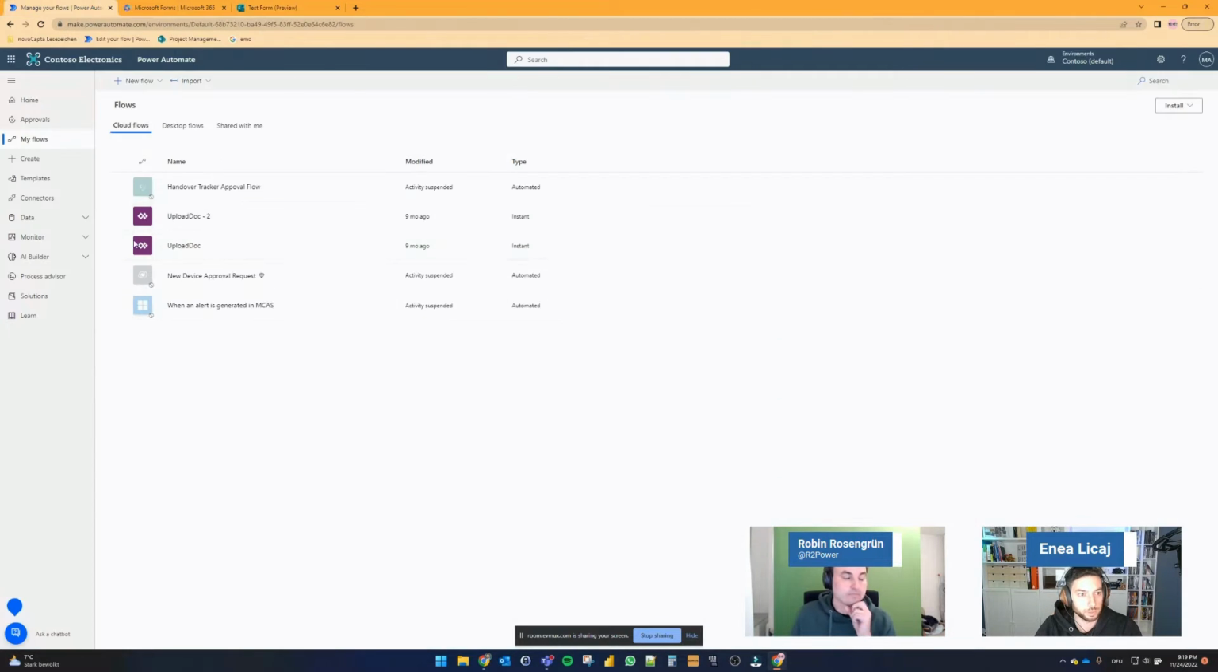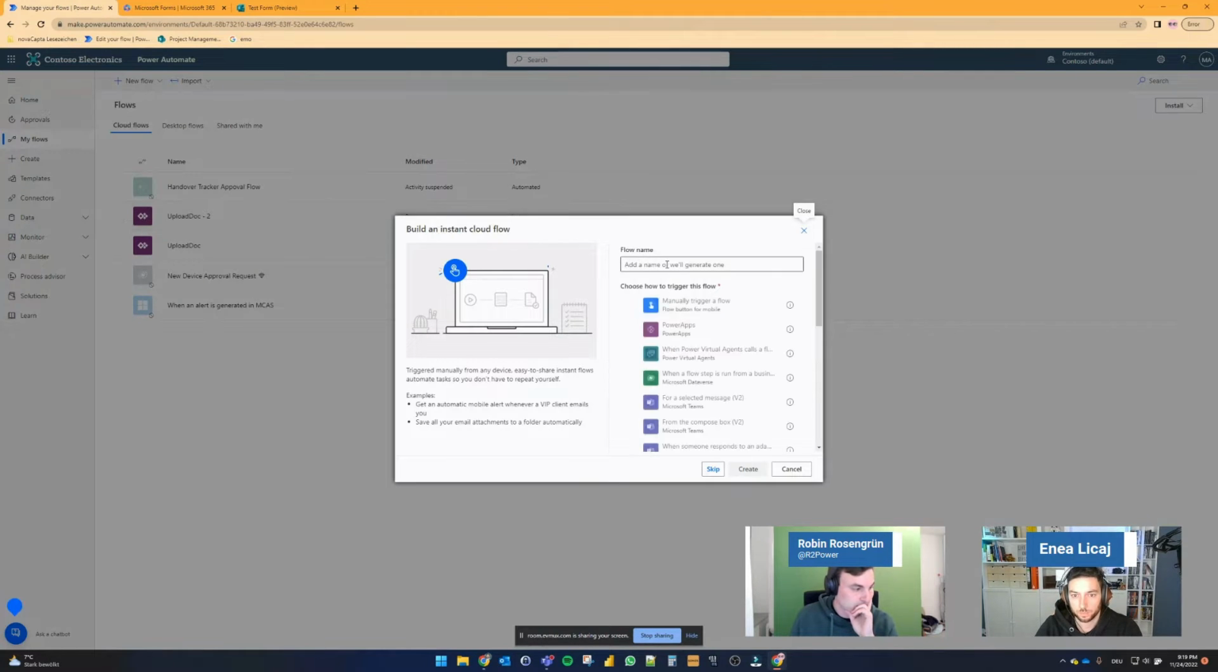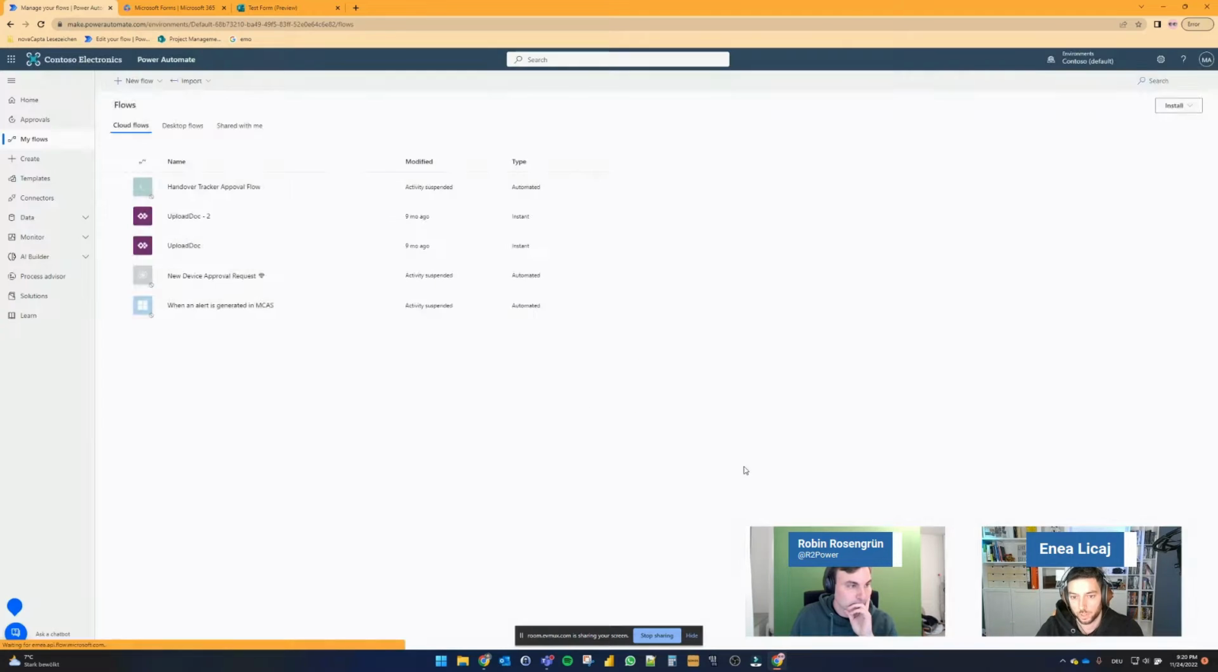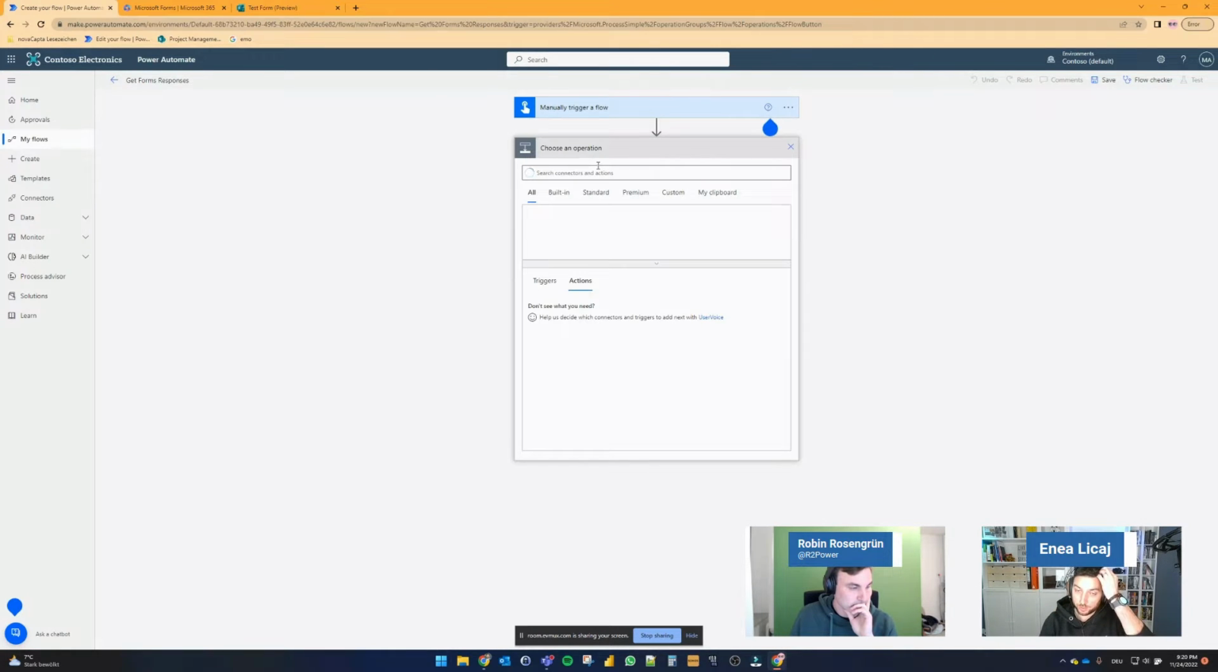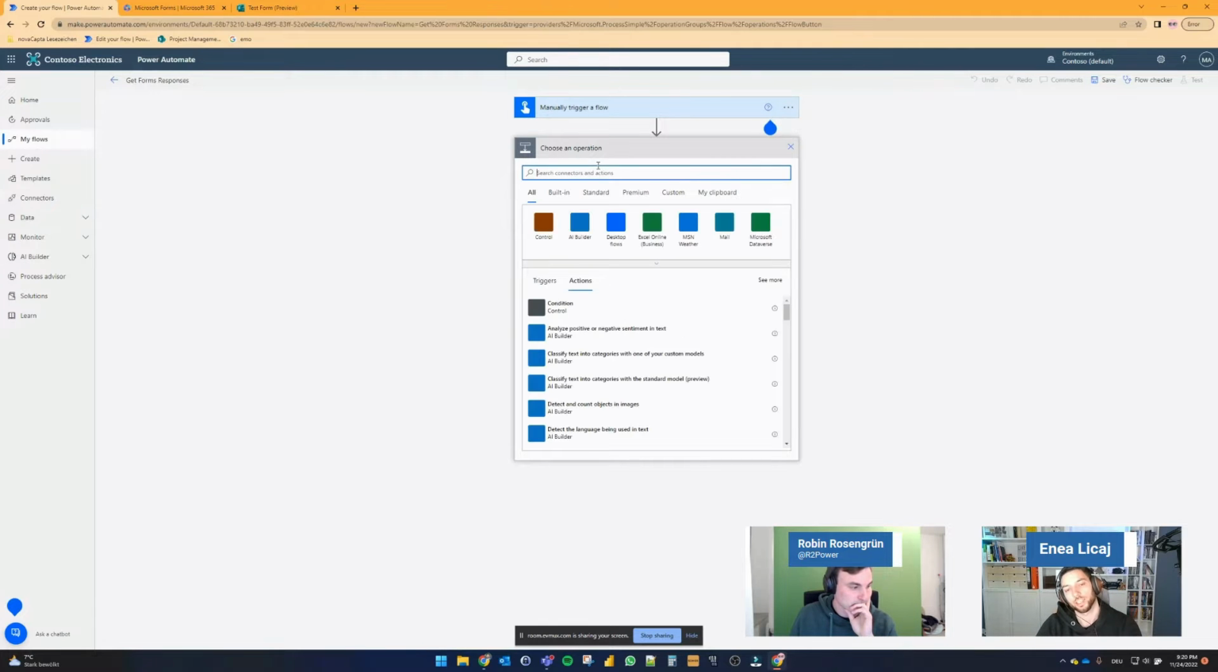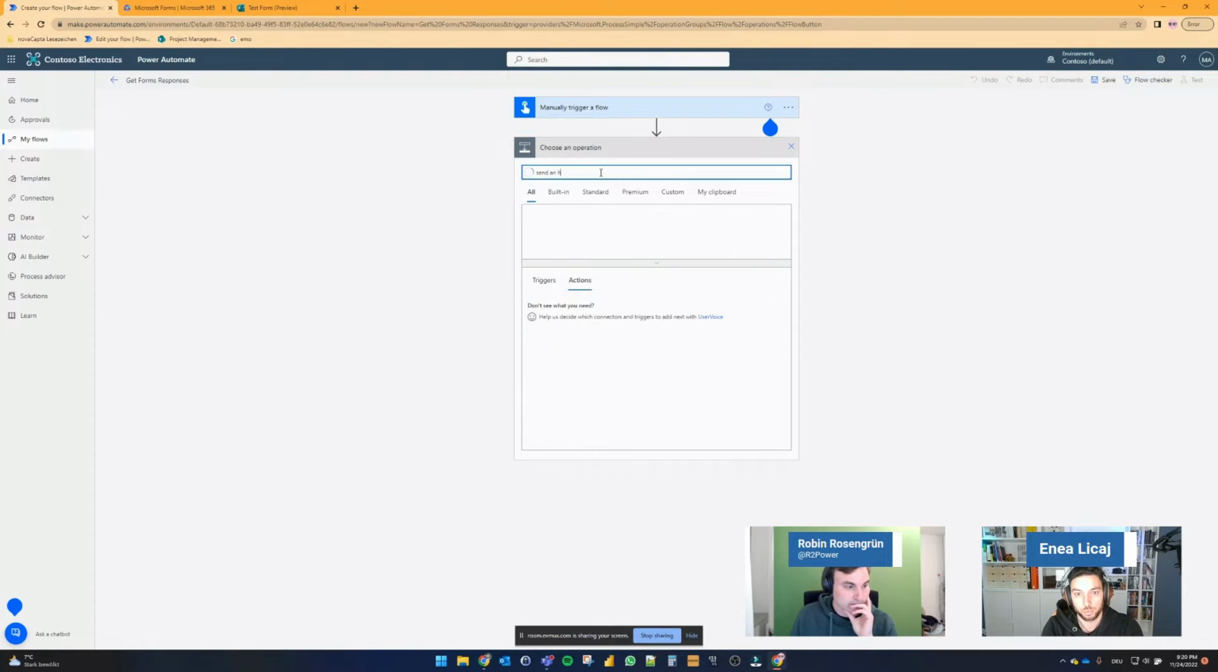Okay, so let's start building the flow. And it will be an instant cloud flow for this time. Manually trigger flow, get forms responses. Okay, so the cool part, or the most important part, was that to call the API from forms, you don't need to use an HTTP request connector, which is premium. What you can use is the send an HTTP request to SharePoint,